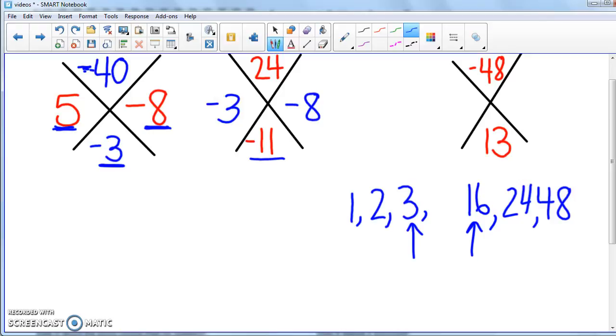Now I want a positive 13, so that must mean that my larger number needs to be a positive and my lower number is going to be a negative. And I'm going to check that. 16 times negative 3 equals negative 48, and 16 plus negative 3 is a positive 13. Now again, if that 13 would have been negative, I would have wanted more negatives in my answer, so it would have been a negative 16 and a positive